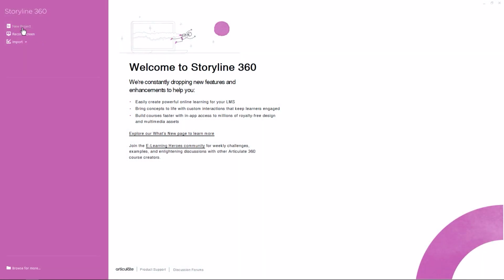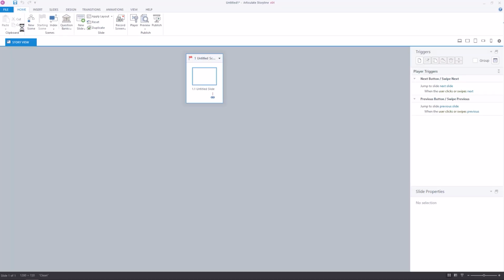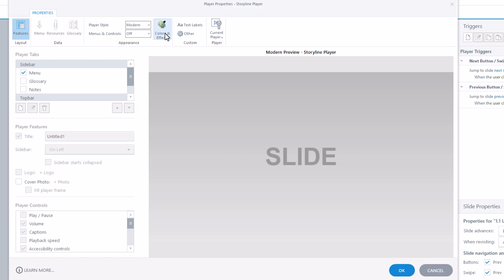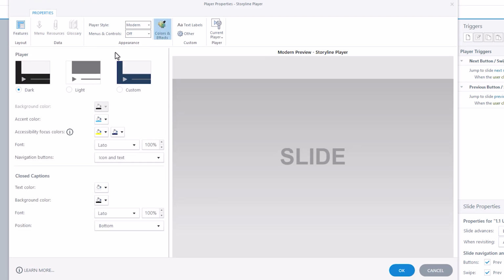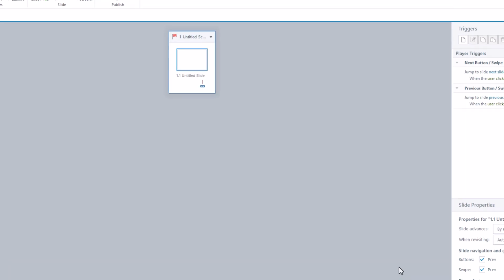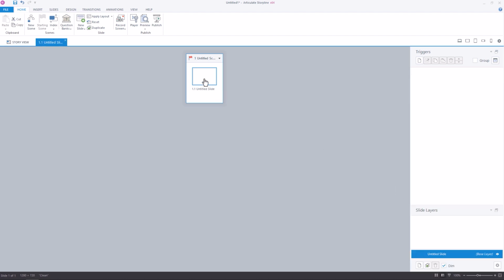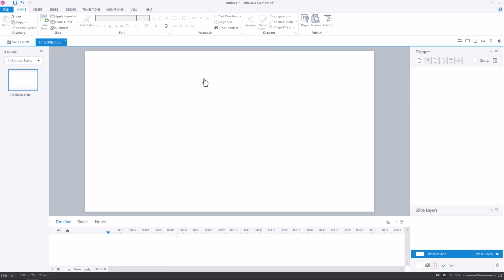Let's get started here by launching a new project in Articulate Storyline 360. And we'll quickly run through the player settings first to turn off any extra UI elements around the player window that we don't need. The Glassmorphism effect works best when you are using a clear, in-focus slide background, so we want to avoid anything with depth of field in the image, for example.